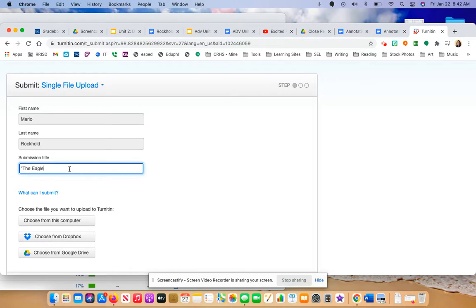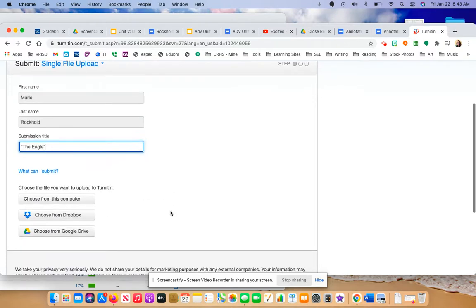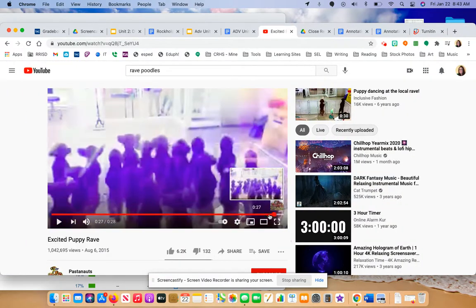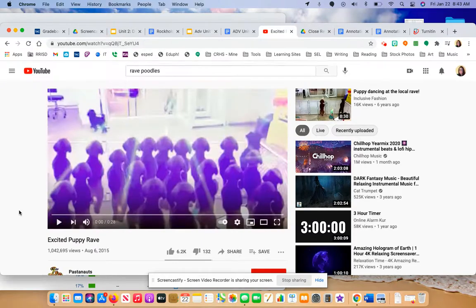Now, here's where some people get kind of lost. Sometimes these three buttons don't show up right away, and all you see is choose from this computer. Well, if the document is in your Google Drive and that button isn't there, then you need to go over to YouTube and enjoy some